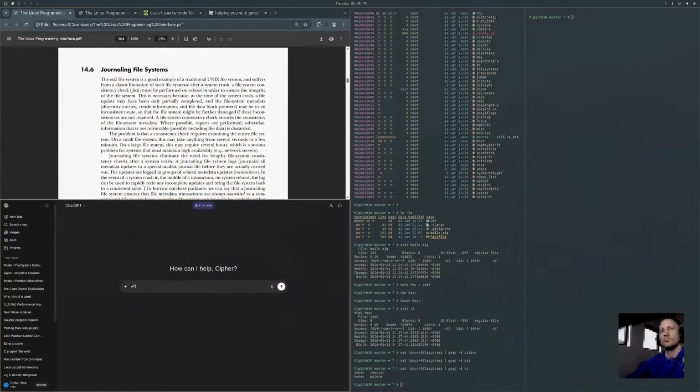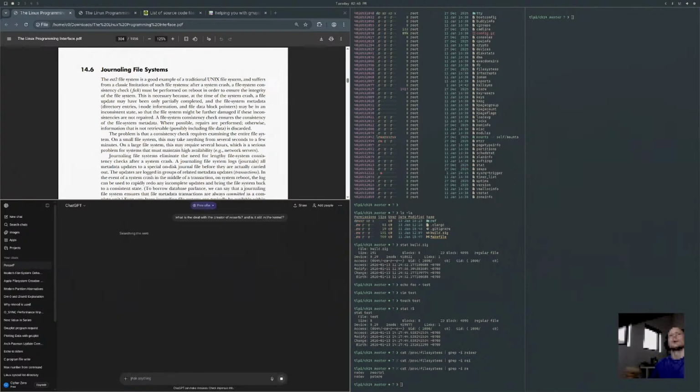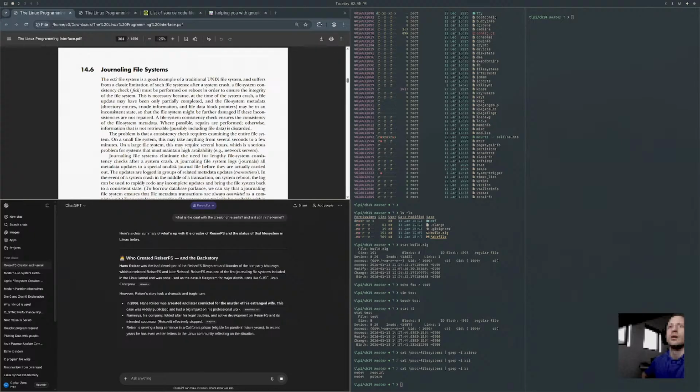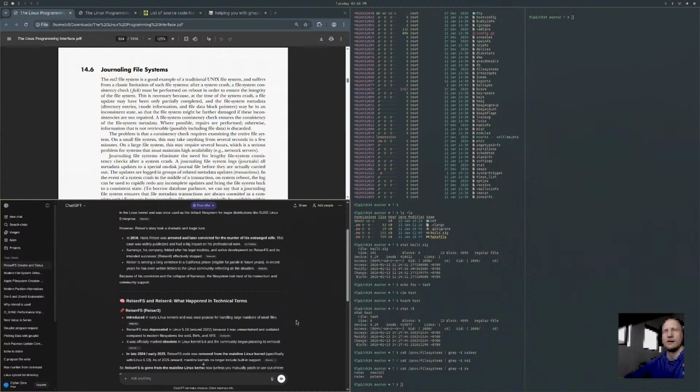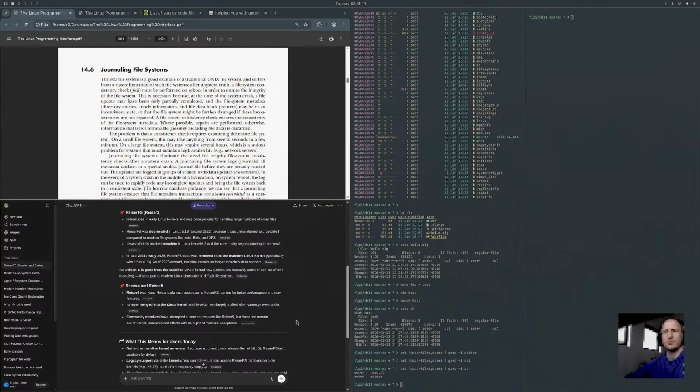Let's ask AI. What is the deal with the creator of ReiserFS, and is it still in the kernel? Yeah, he was arrested and convicted for the murder of his estranged wife, and then it was removed from the kernel. (2022).